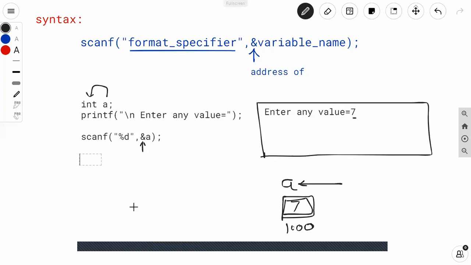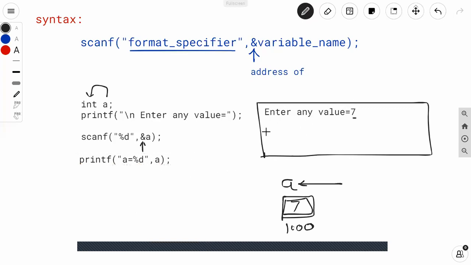So for that reason we use again printf statement for printing the value of the variable. So again, which format specifier we have to use? %d, double quotes complete, comma, and which variable value you should print? Variable name is a. So you can give name of the variable also over here. So a is equal to %d.